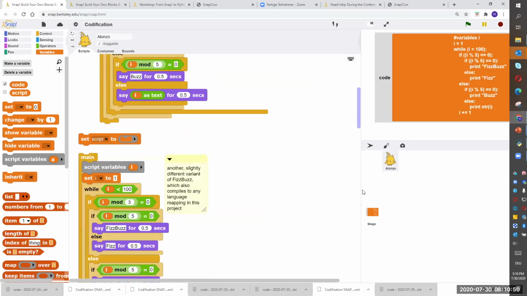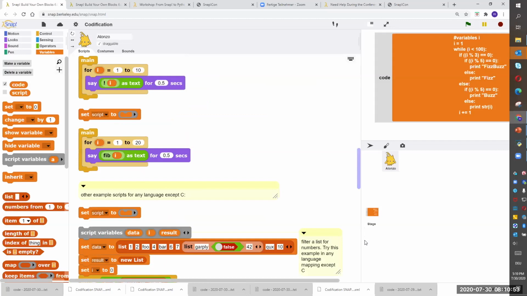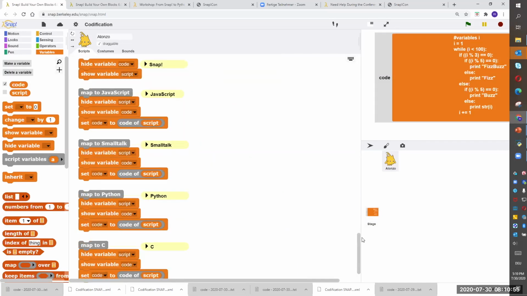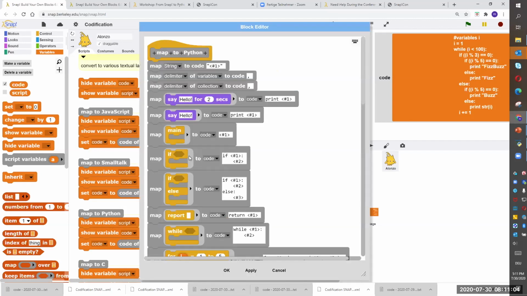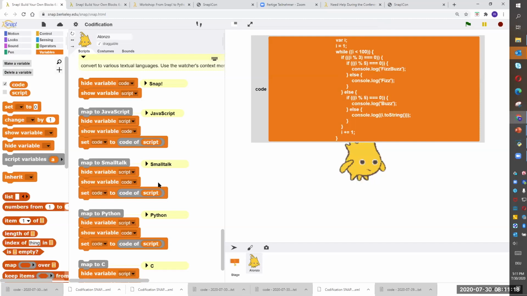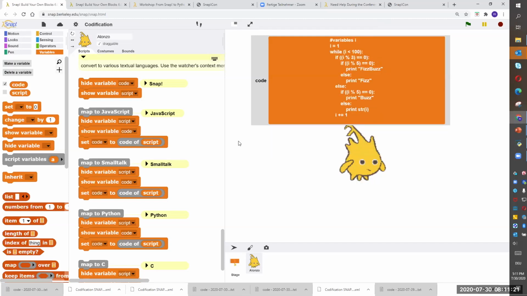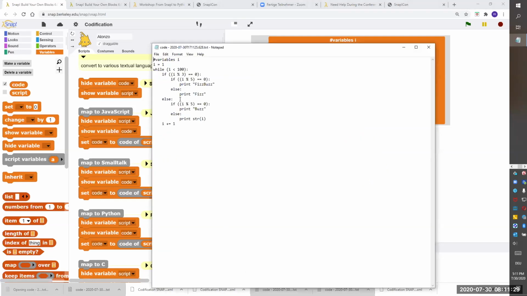And then you can see here at the bottom, there are 4 languages. So for example, here I take this one, mapped to Python. And then behind it, you find the mapping of certain blocks to certain code elements. And if you then want to create code for JavaScript, you could click here on JavaScript, or on Smalltalk, or here on Python. And then if you export it, you get here some